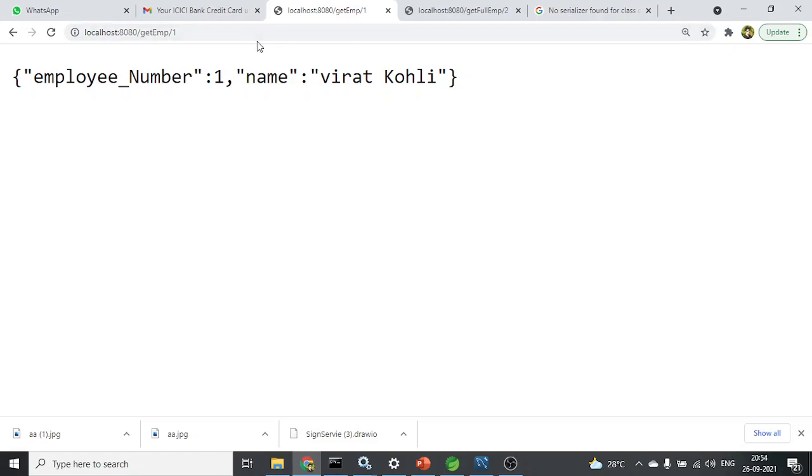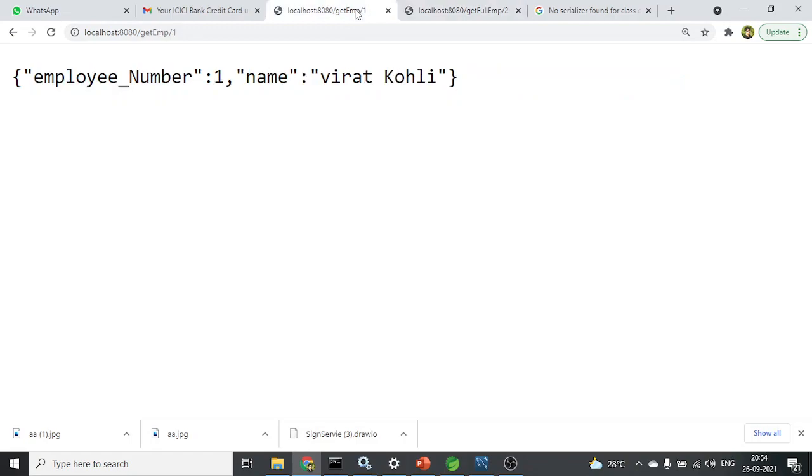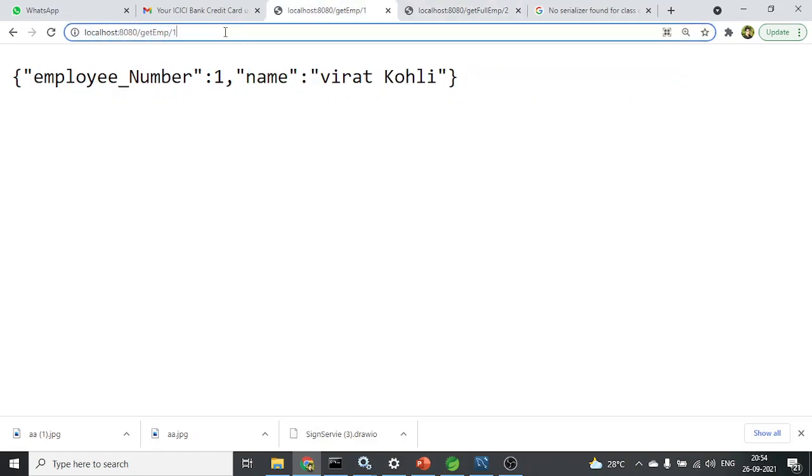Why does the security need the entire information? If this is Virat Kohli and the spouse name has also been mentioned in the employee object, then the spouse name Anushka Sharma is also going to be available over here. Why do we need it? Whichever is required, that much only we will provide. That is the advantage of using DTO.